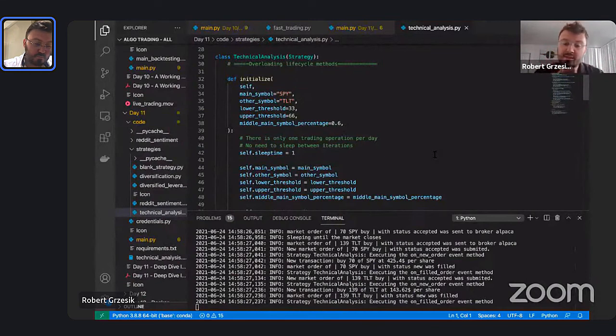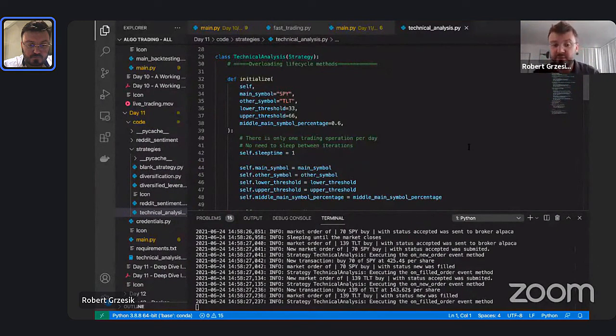But when the RSI gets too high on SPY, which means it's overbought, in RSI terms, then we say, okay, let's get out of SPY and only buy TLT. So we sell our SPY and go 100% to TLT. And in the opposite situation, when SPY falls too much and RSI is low, which is below 33, then we sell all of our TLT and only buy SPY. So it's changing weightings in our stocks based off of this criteria of a technical indicator.